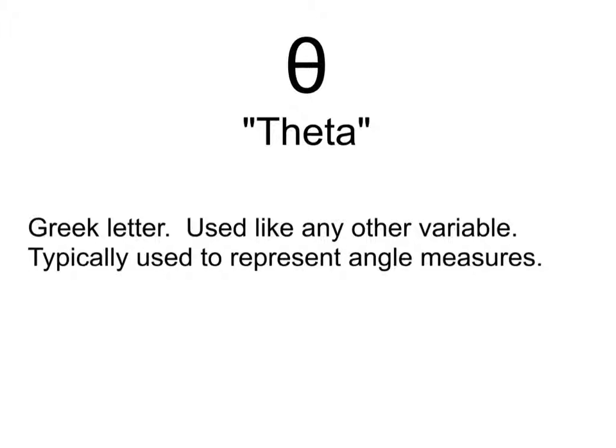In case you're wondering, why do we always like to go back to Greek letters? Well, a lot of famous mathematicians from the past were Greek, and so they used the Greek letters, and a lot of mathematicians just kept using the same Greek letters. All right, so we now know that theta is this funky looking 0 with the bar through it, and that's how you draw it. Basically the same as a 0, just draw the horizontal line straight through the middle like that. And you just need to be familiar with using it and seeing it and knowing how to read it